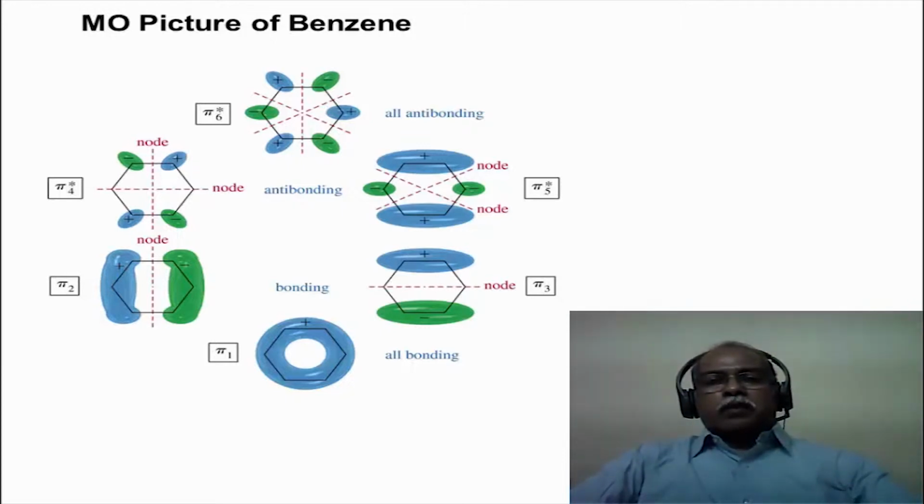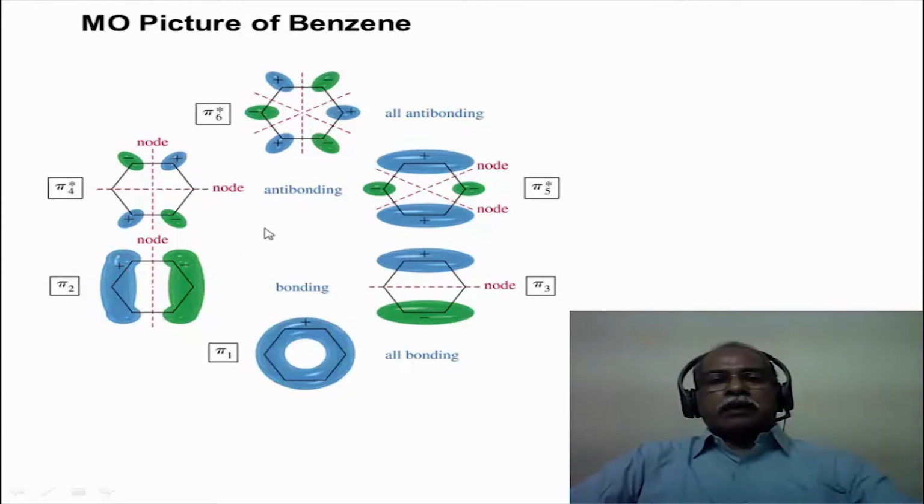Aromatic chromophore is an important chromophore which can be readily identified by ultraviolet spectroscopy. This is a pictorial representation of the molecular orbitals of benzene itself. The first three are the bonding molecular orbitals, and the top three are the anti-bonding molecular orbitals. The first pi 1 molecular orbital does not possess any node, whereas the second and the third molecular orbitals possess one node, which is represented by the red dotted line. It passes through these two atoms, which are the nodal points, and through the midpoint of this carbon-carbon bond and this carbon-carbon bond.